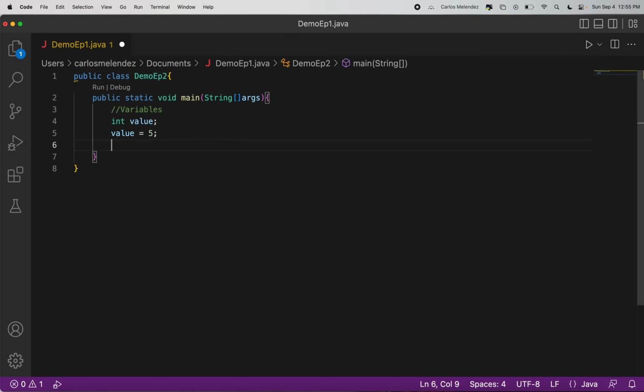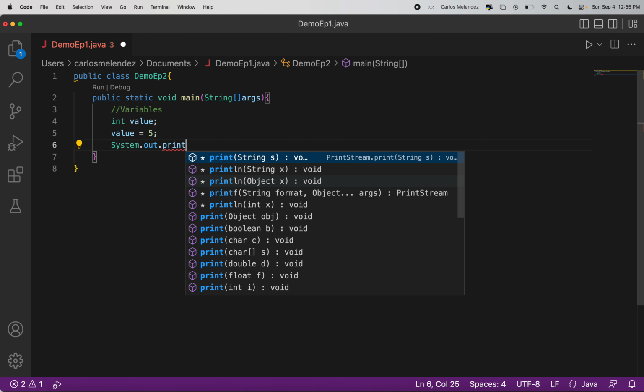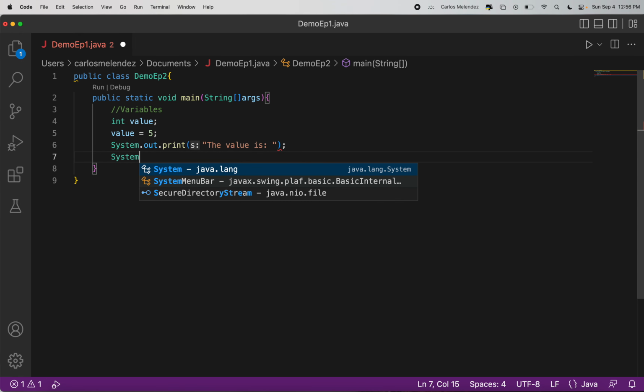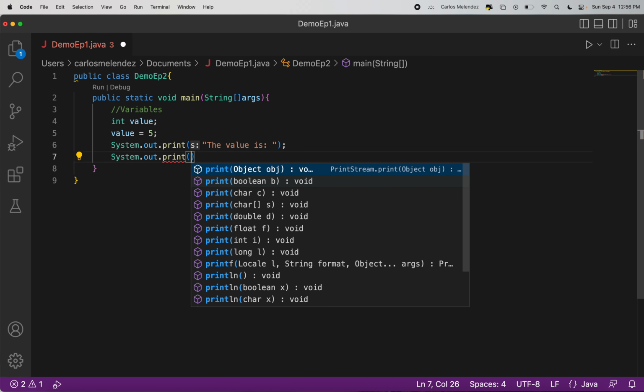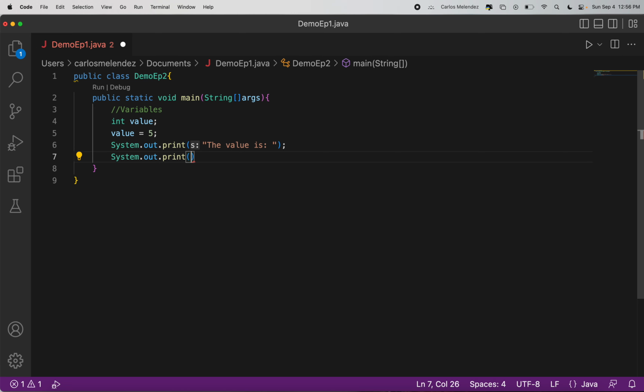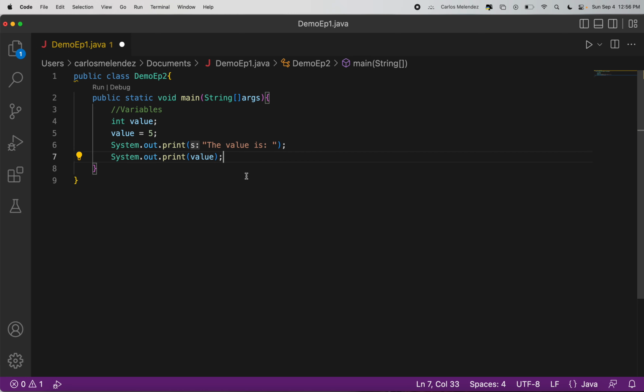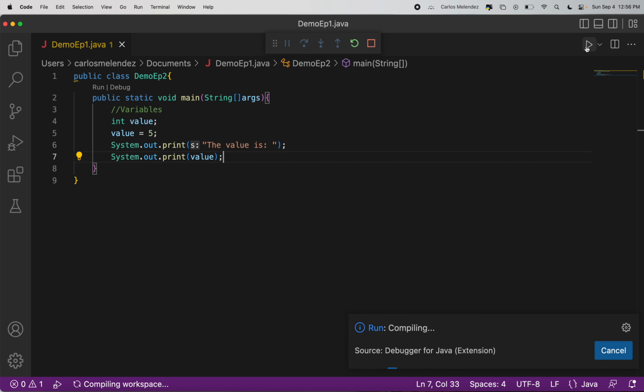And then if I want to display, I can say system.out.print, and I will say the value is, and then I'm going to come down here and say system.out.print, and then to display the variable, you just write the word. So I wrote value. So now if I run this,